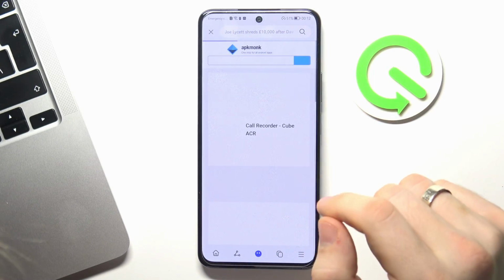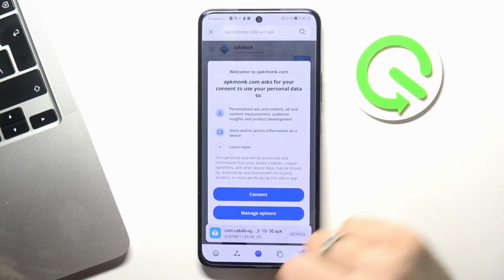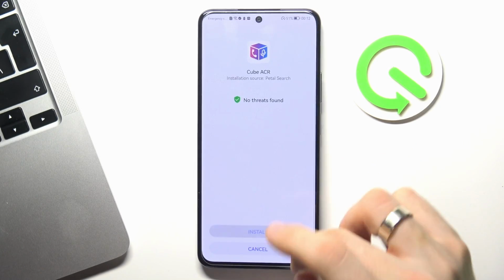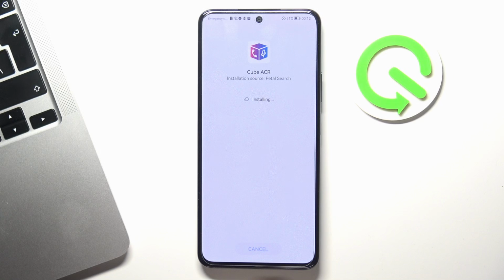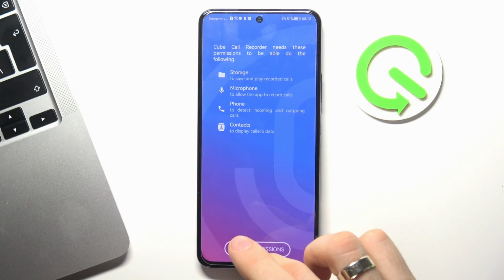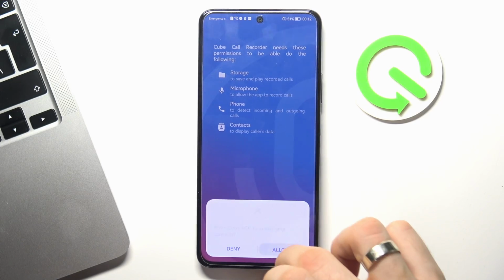It's here, click Install, click Download, wait a while, click Allow, Install, Open, and Next, Grant, Allow,